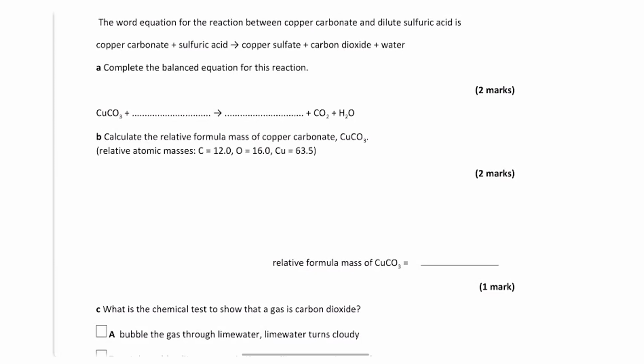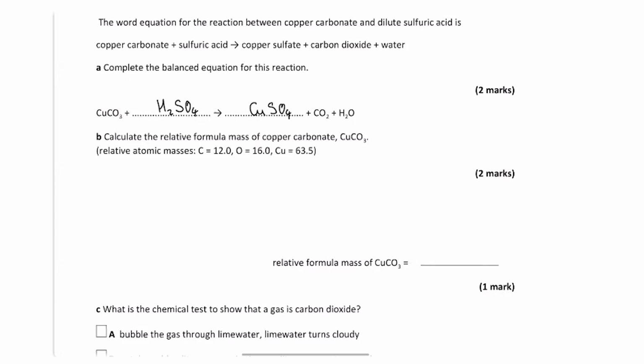So the first part is just a recall. We are going to write down the formula of sulfuric acid, and this is one where lots of students fell down because they couldn't remember or couldn't even fully remember the formula for sulfuric acid. So it is H2SO4. And then the other part we need to pop in here is the formula for copper sulfate. So we have copper, Cu, and then the sulfate ion